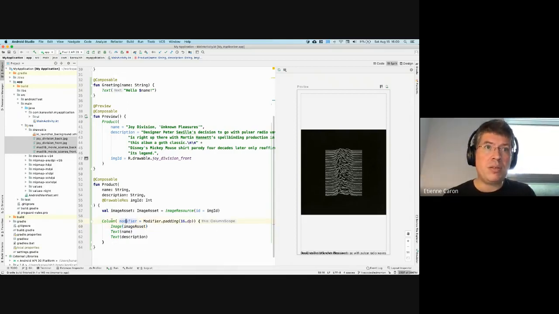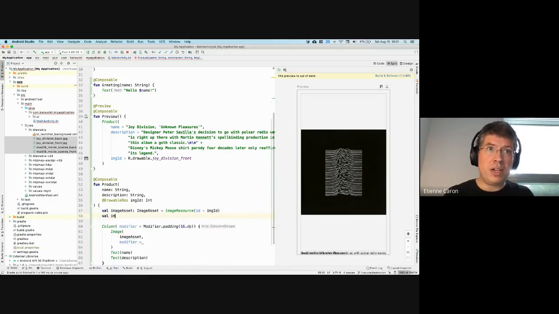Well, a bit like the column right here with its modifier, we have to pass in a modifier to the image for it to know how to lay things out a little bit better. So we're going to create this new modifier object that's going to specify how this stuff works. Just to organize my code a little better, I'll create that here. So it's an image modifier. It's going to be equal to